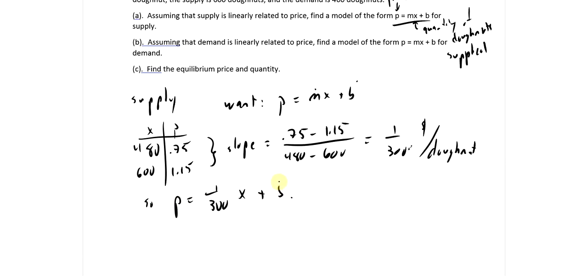How do we find the y-intercept? Well, we've done this a couple of times now. We take a point and we plug it in for x and p, and then we find out what b is. So in this case, I will take this point, plug in x equals 600 and p equals 1.15. 1.15 equals 1 over 300 times 600 plus b, and that gives me,